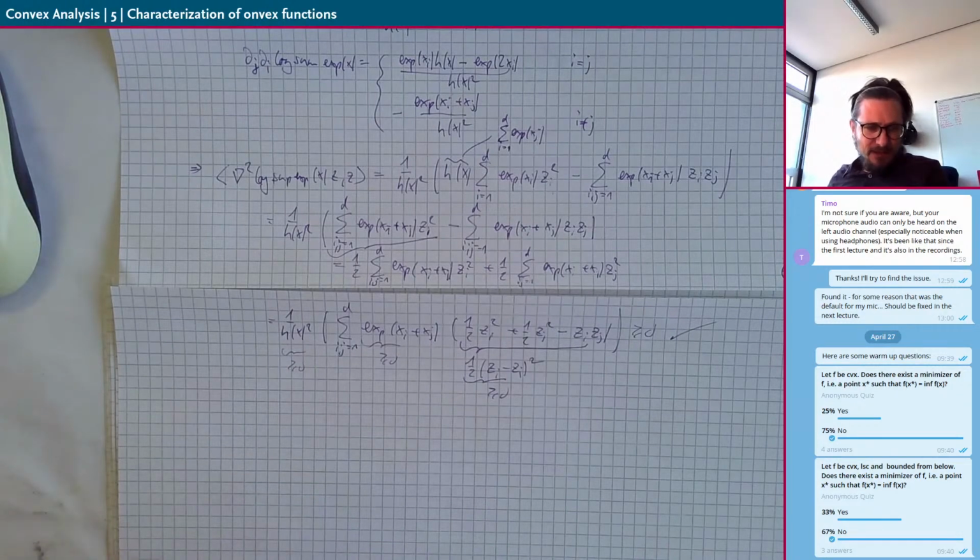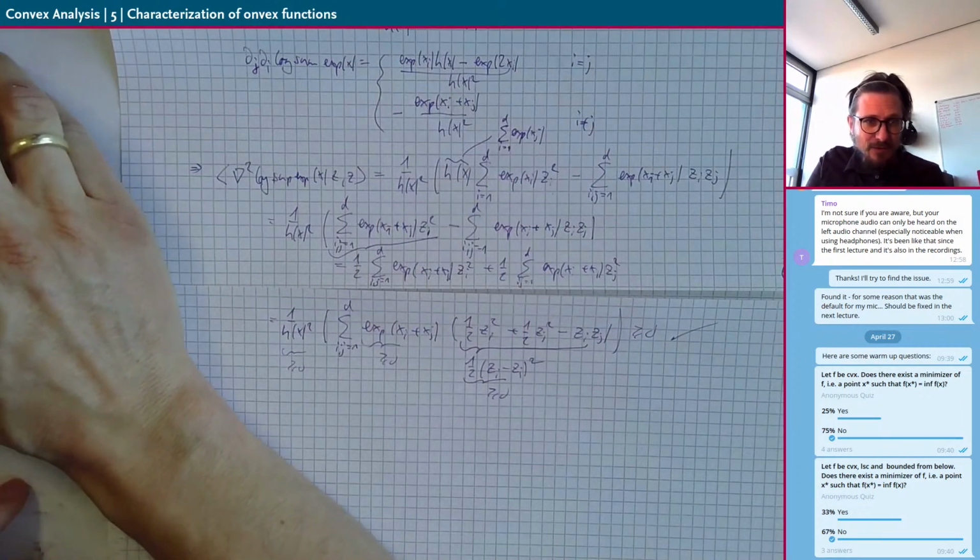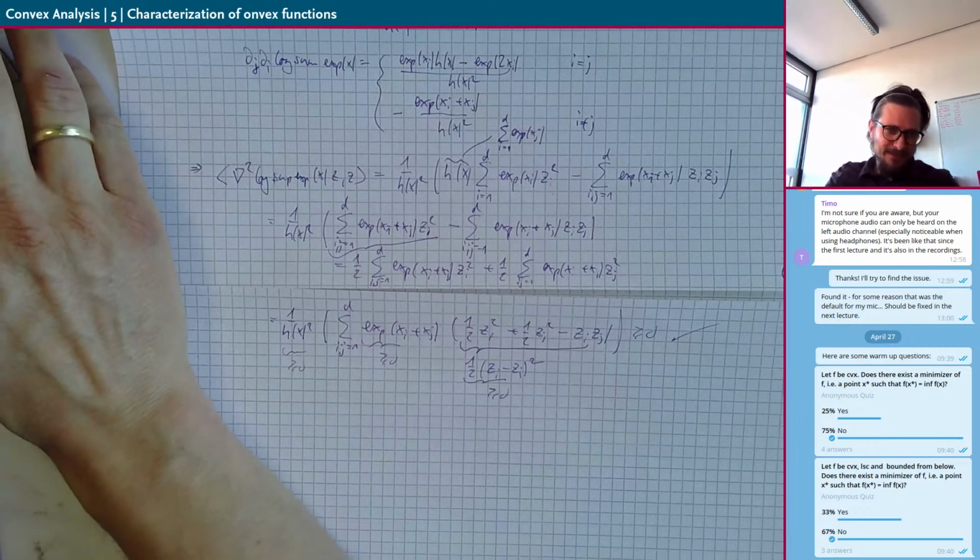So I think we make a short break before we come to the rest of the characterizations of convex functions, because I have to be firm in the end at 11:15. Okay, short break, 2 minutes, a few more